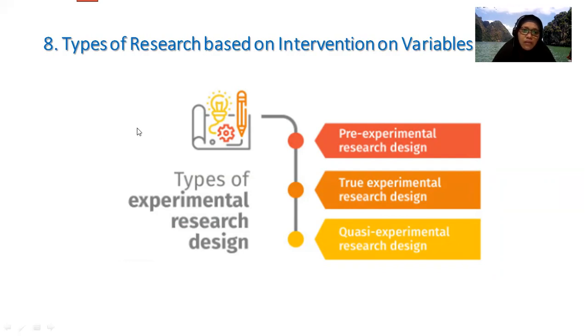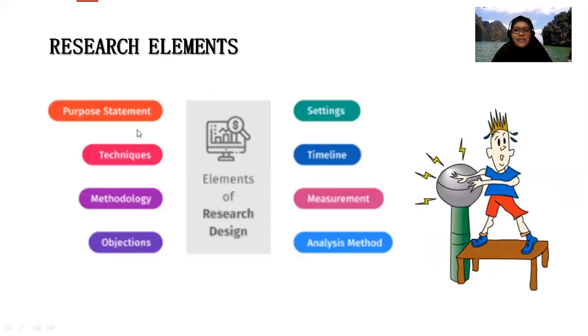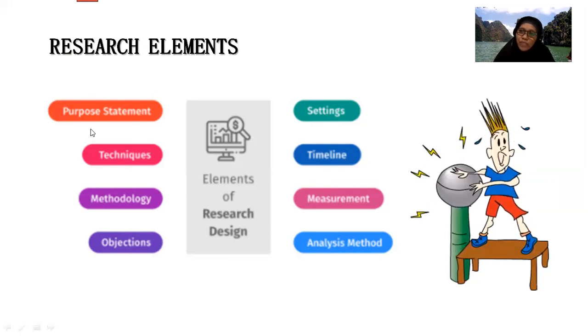And for the research elements, actually we need the purpose statement or objective statement, technique, methodology, objection, setting, and timeline. So we know the timeline. Measure is part of the methodology, and also the timeline. The last is the analytic method. We will study it in the next meeting every week,